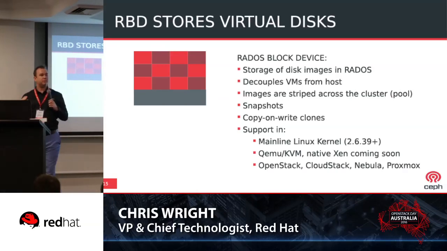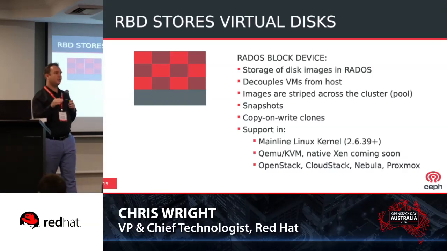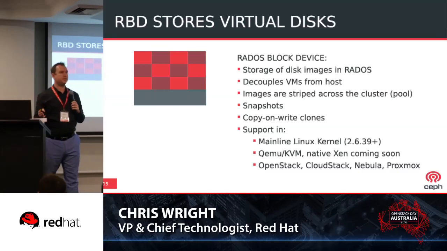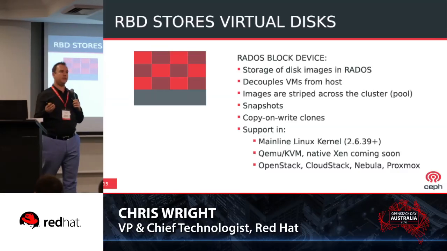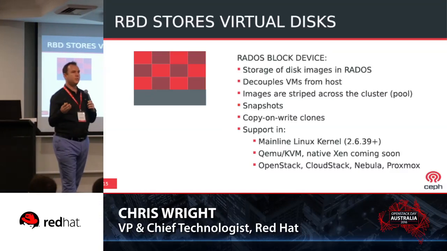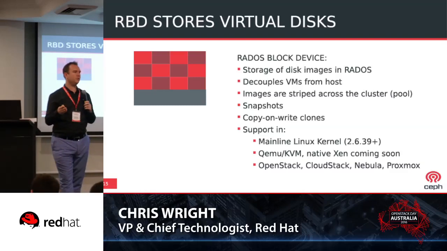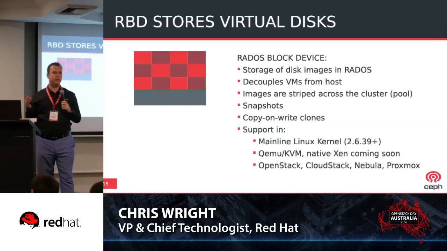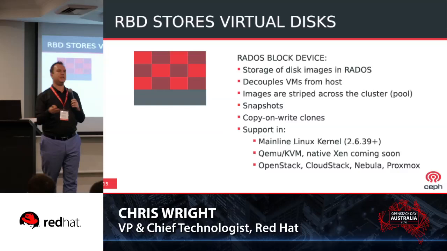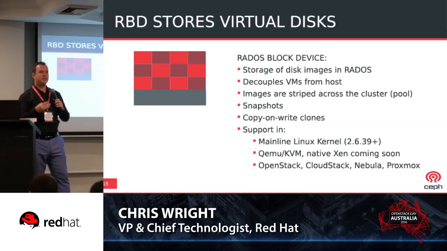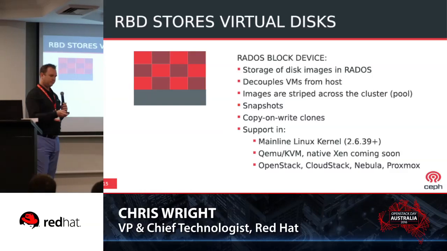images can be, and typically are, striped across the entire cluster. So some really cool stuff here is when you are using Ceph as your Cinder plugin for your OpenStack storage, and you're wanting to instantiate your cloud instances, when you're using Ceph for Cinder and Glance, you can do an instant copy on write clone, and your virtual machine boots straight away. There's no need to copy the data to a Nova ephemeral device or to copy it across the network to make it available. It's just done.